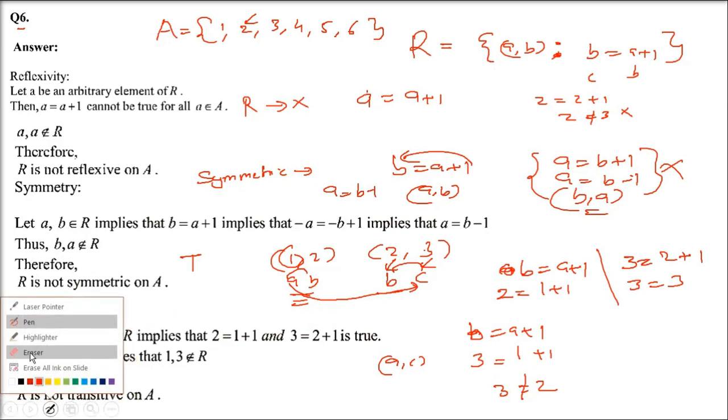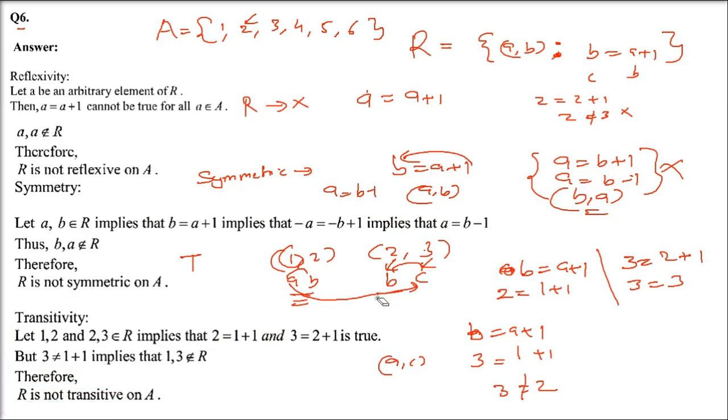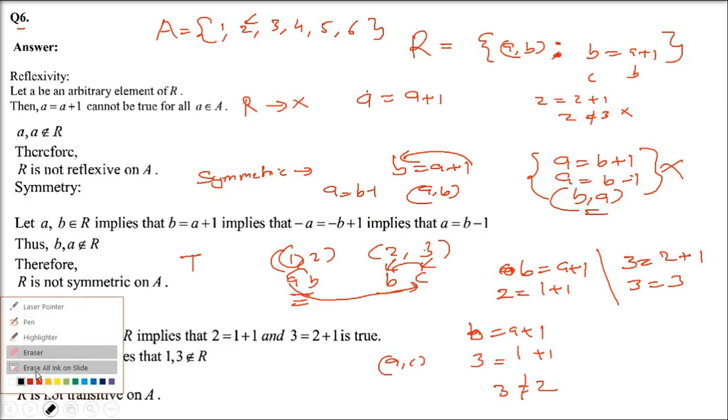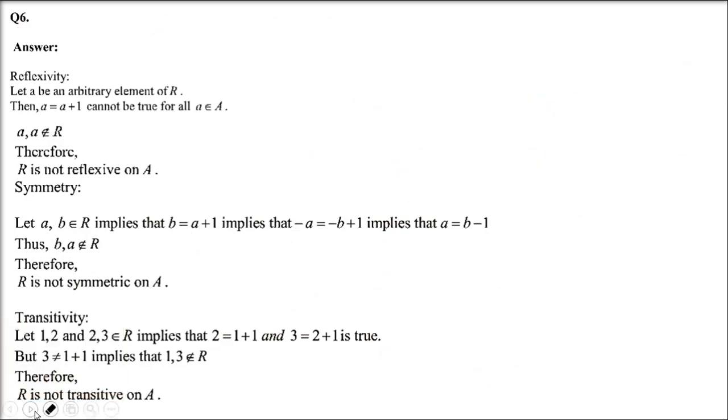I'll tell you one more method here, just to make it more impressive. As I said, number giving is always an option. But first we have to see the option where we can use the expression and then solve the question. Then we can tell the examiner that this is how we have done. We know how to do the expression work. So b is a plus 1 here, and b is a plus 1. And here, b and c, so c is equal to b plus 1. That is going to be c equals b plus 1.